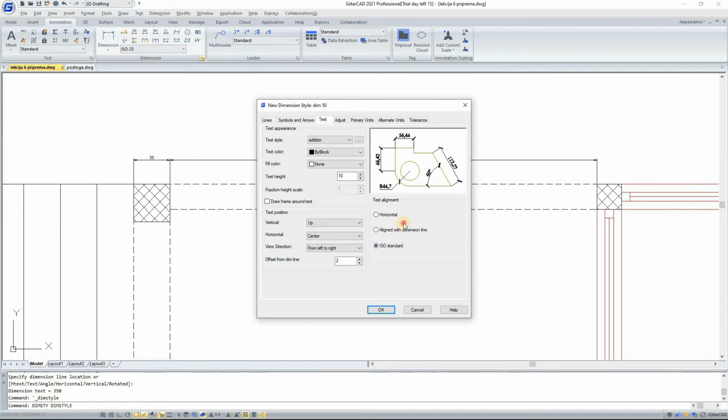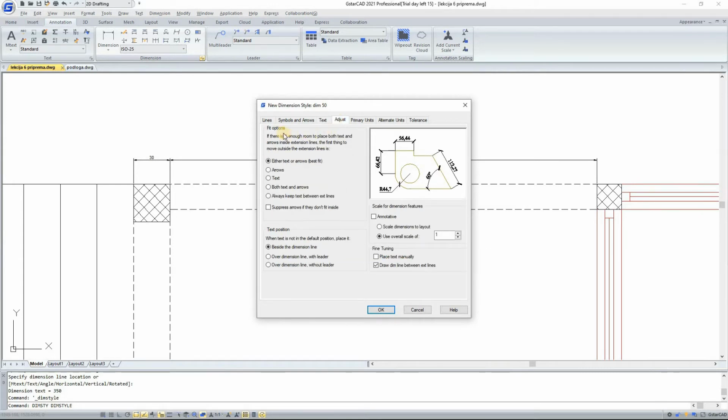The best, it all depends on what you want to use. I will go to the ISO standard. Here you can adjust